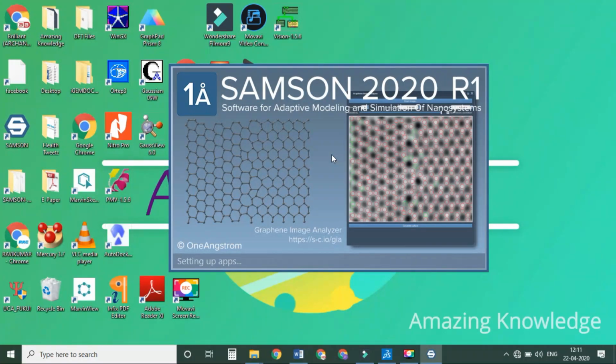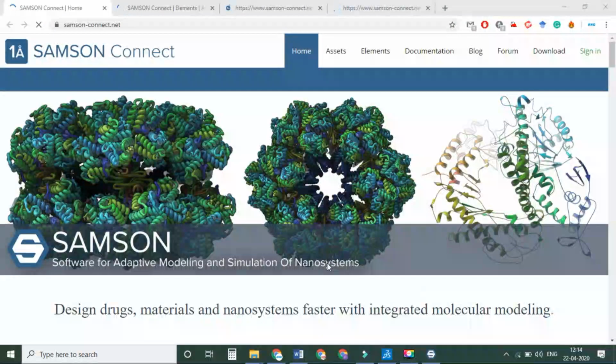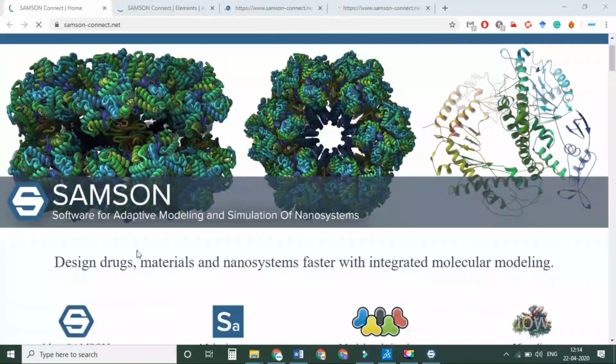There is an inbuilt AutoDock Vina wizard available in this SAMSON software. Once you sign up on that website, this is the SAMSON software website, samson-connect.net.